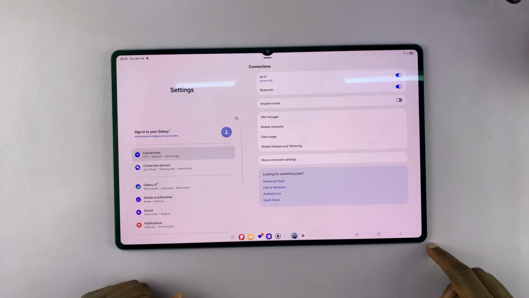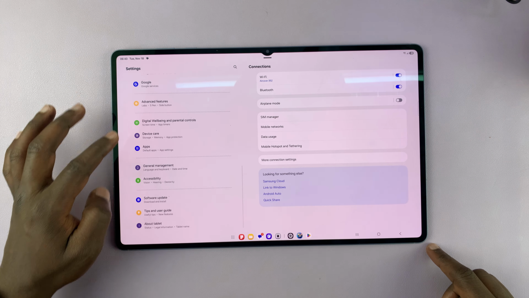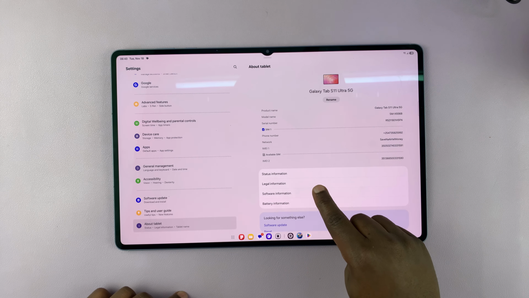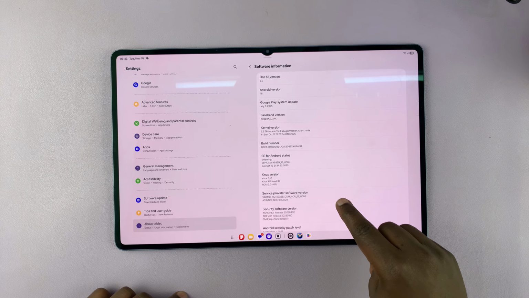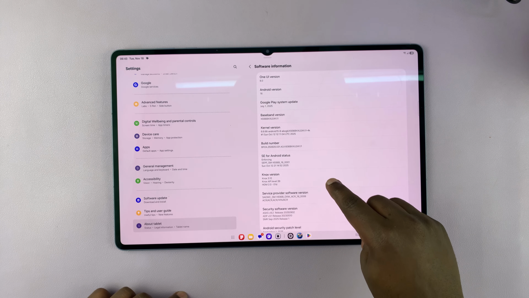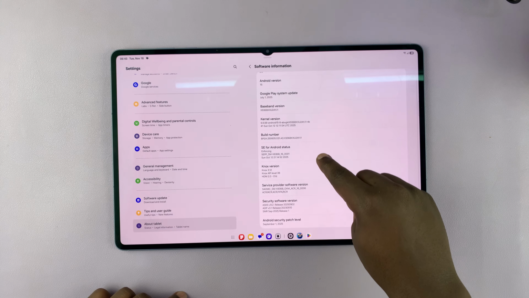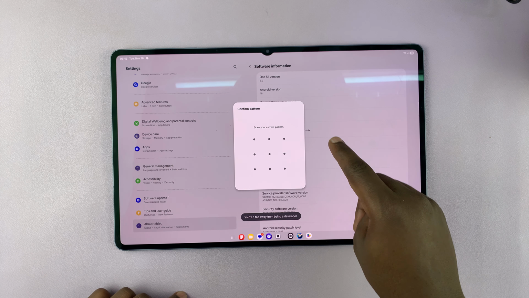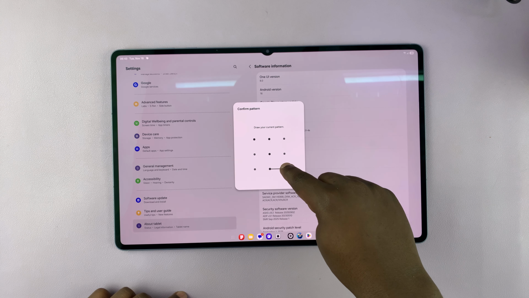So you want to go into settings. Under settings, scroll all the way down to About tablet, tap on that, and then go to Software information, tap on that, and then under Software information, you should see Build number, tap on that 7 times, and then you may be asked for a password if you have one,